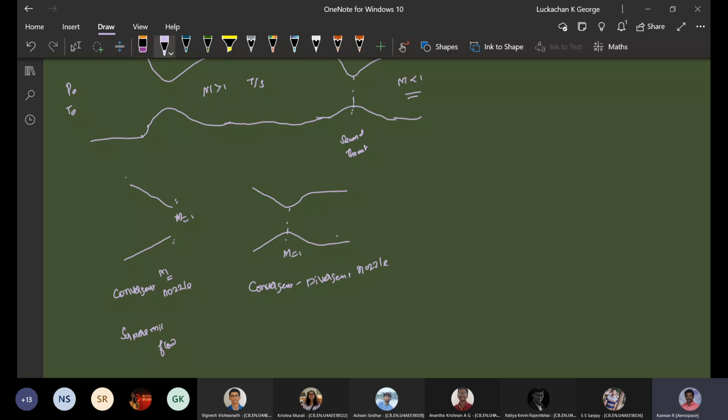Sir, in the case of your convergent nozzle, at the exit, what is happening? Whatever your Mach number is going to be, you reach Mach 1. Still the flow is there, and an expansion is going to be there. Whether it is an under expanded or over expanded nozzle, depending on the case, the expansion is going to be there. Whether it's a confined expansion or unconfined expansion? Unconfined expansion. Sir, it's a free boundary, sir.